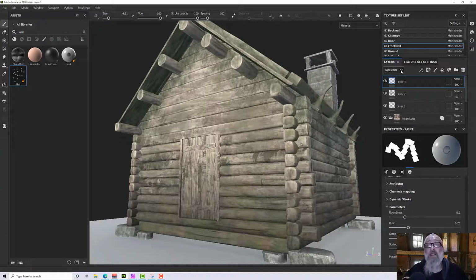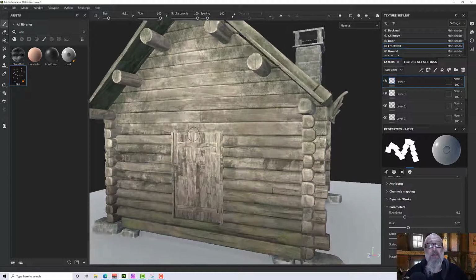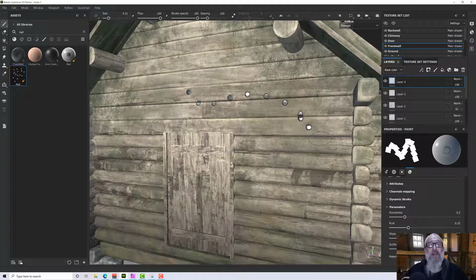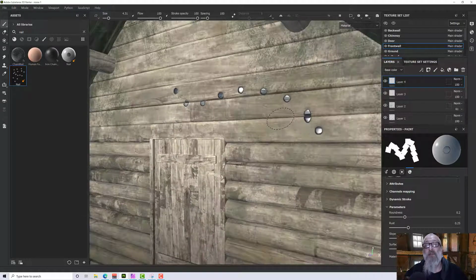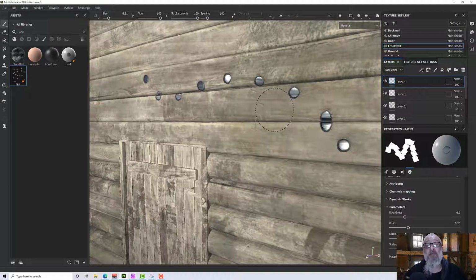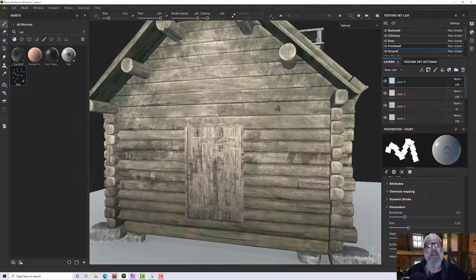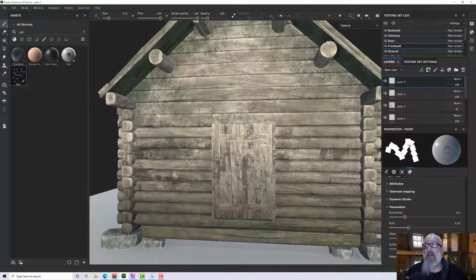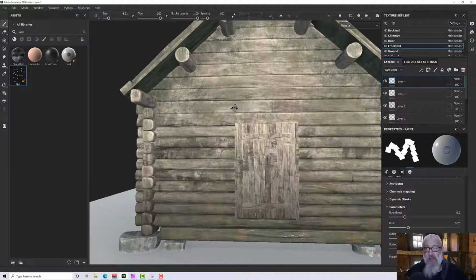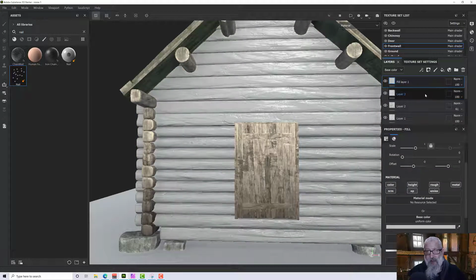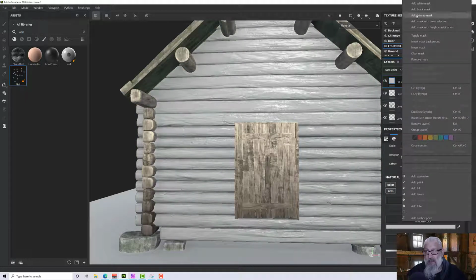So with that selected, and on my front wall, let's add a new layer. I can now brush over this, and it will put nails wherever I brush, essentially. So I don't necessarily want it to be a nail. What I probably want it to be is some sort of woody texture. So actually in this case I don't want a paint layer, I want a fill layer. And I'm going to use this to